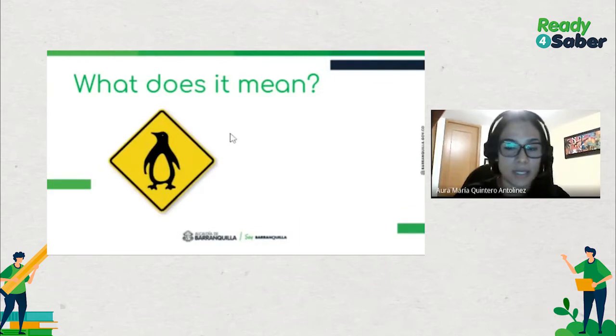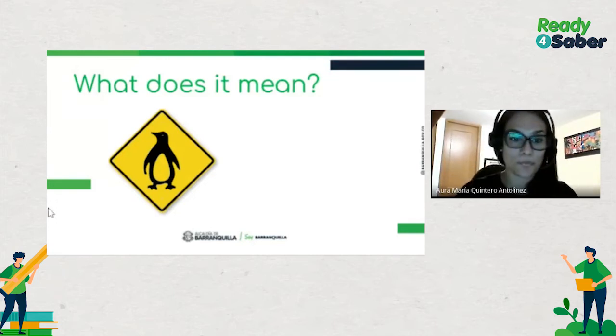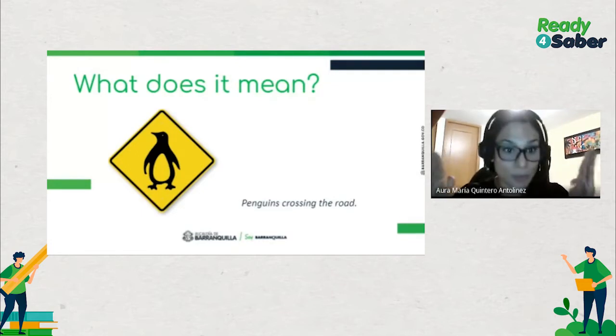What about this one? Another animal, cute animal. Which animal is this? The penguin. Yes, it's a penguin. Okay, so what does it mean? What do you think this sign means? Let's see. Penguins crossing the road. So once again, we need to pay attention to these signs, the ones that got to